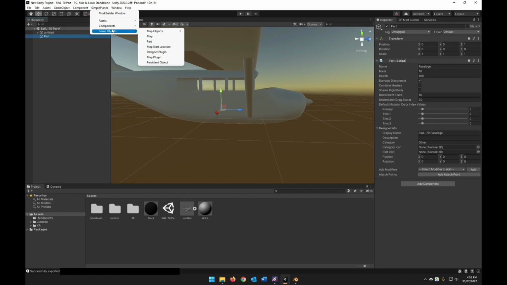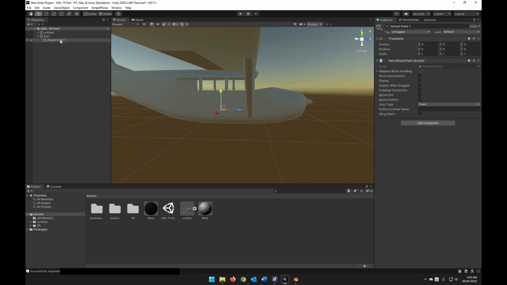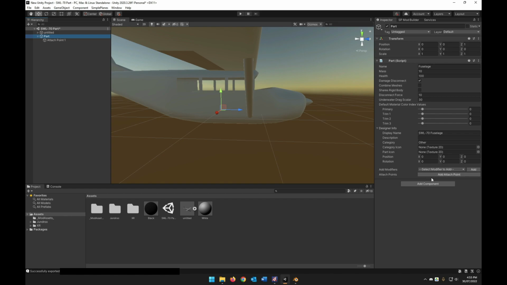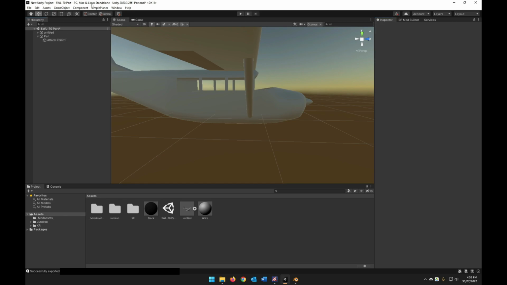It's going to go to game objects, section as components. I clearly have not actually made a new mod in a while. How do you add an attach point? Never mind, here we go. So go into the part and click add attach point. This will show up here, attach point. So you can rotate it, so I can do things like rotate it, scale it. Actually, I don't want to scale it. Change its position, and then for collider, which is important for actually interacting with the part, we are going to